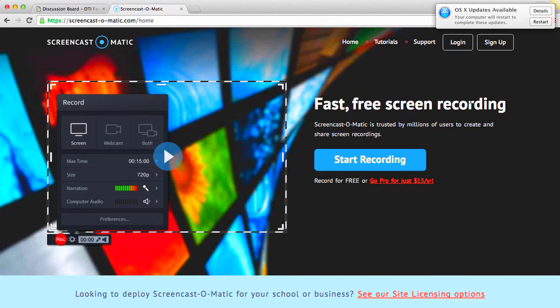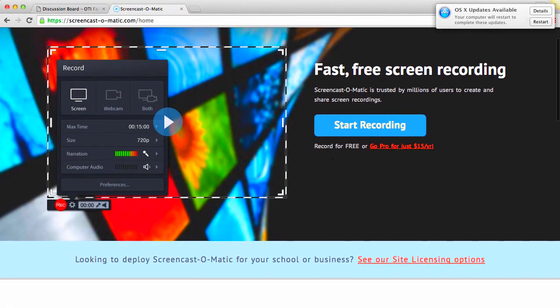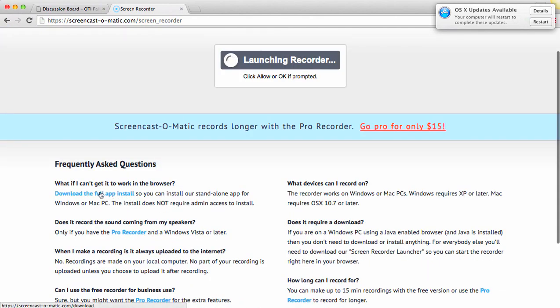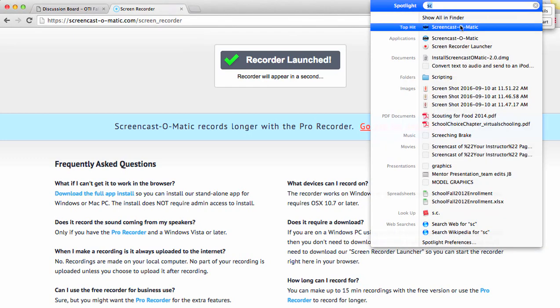You should have downloaded this, but just in case you missed that, you can click Start Recording, and then right here it gives you an option to download the full app install, so then you can download the app there. I've already done that, so I'm just going to open up Screencast-O-Matic,